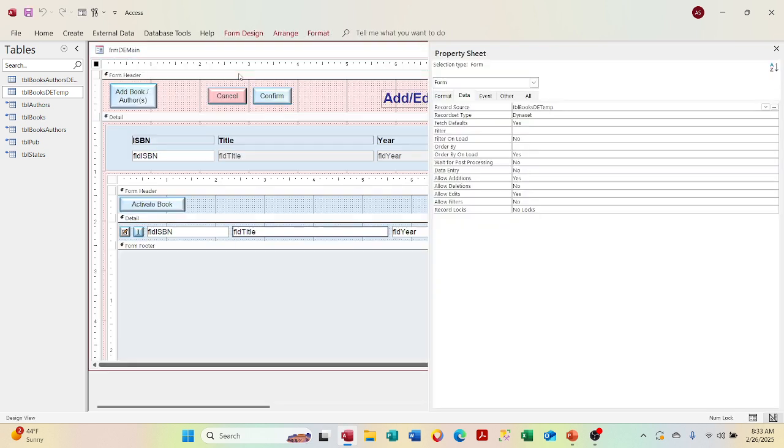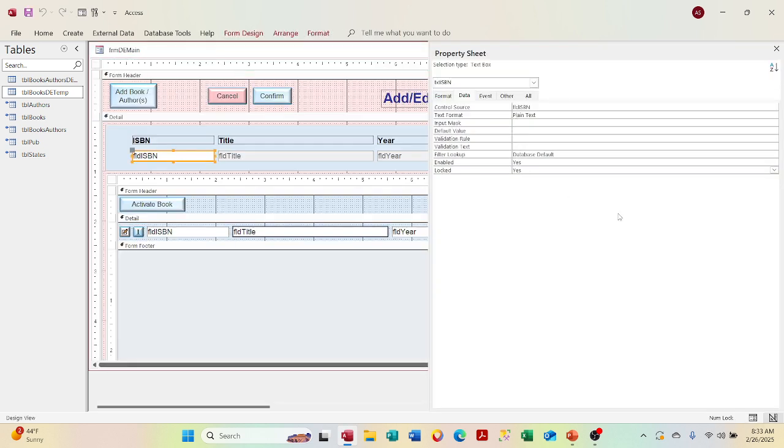So it's accessible, but I can't type anything into it. All right. And I could go with disabled, enabled no, and notice locked yes. And notice it's still white. It's not grayed out because,